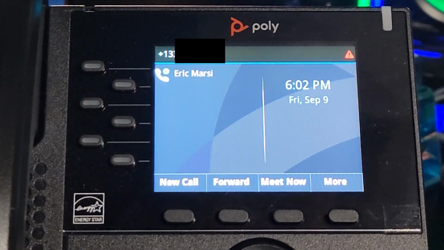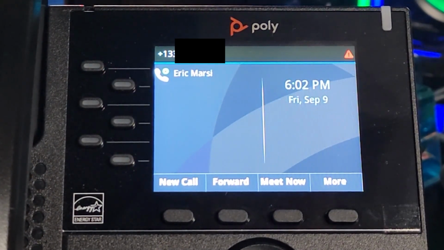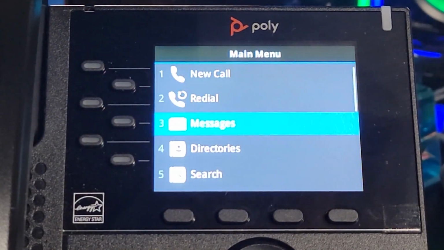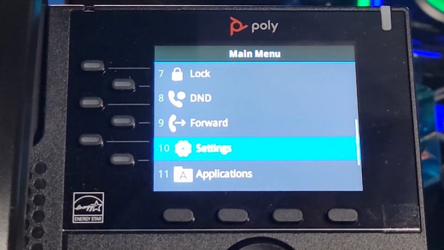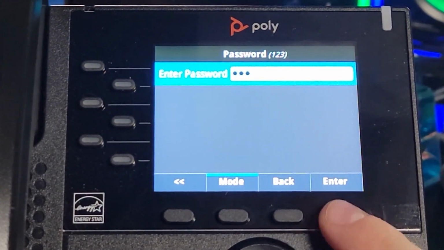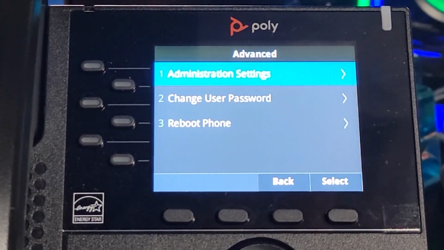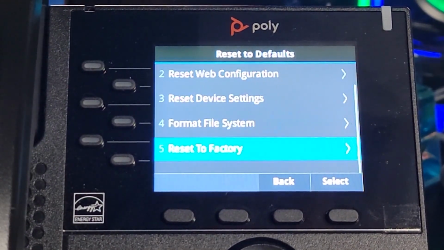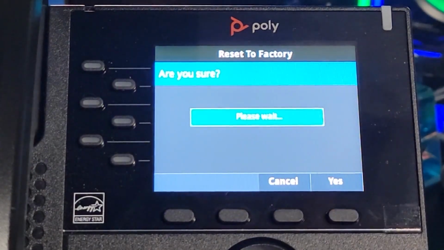All right, so the first step that we need to do to convert our 3-pip phone into a SIP gateway device is we first need to factory reset the device. In this case, we're using a Poly VVX phone. We're going to go into our menu options, go down to settings, go to advanced, and type in your administrator password. By default, that's 456. Administration settings, and then we're going to go down to 5 reset defaults and then click 5 reset to factory, click yes,